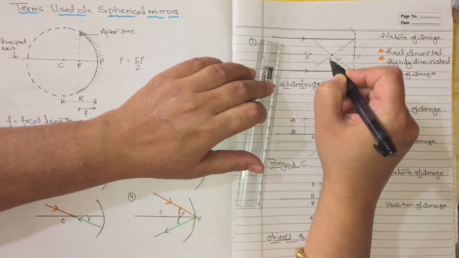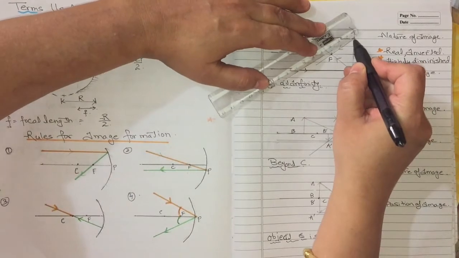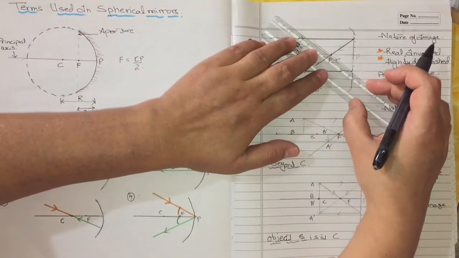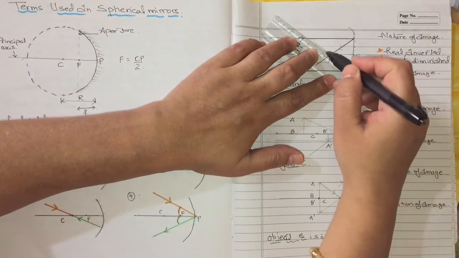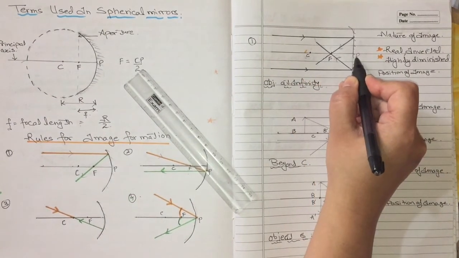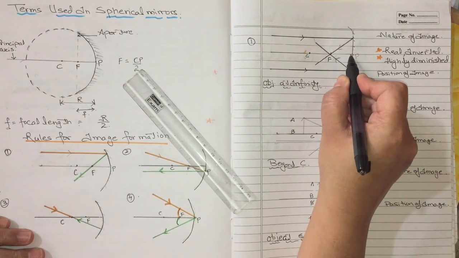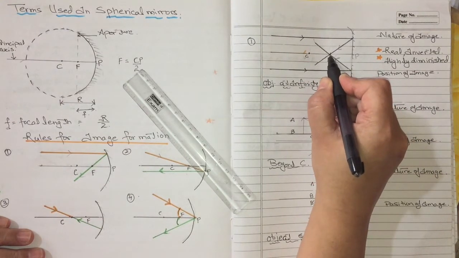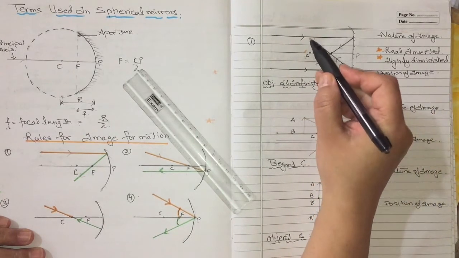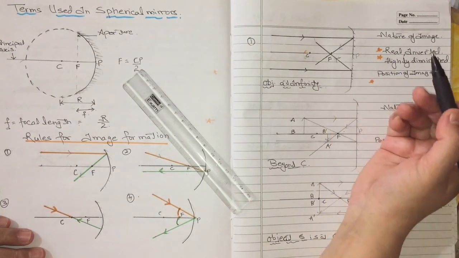This is my focus. I will advise you one thing, children. First you draw the diagram and then you mark or label the diagram. Okay, mark the different points on the diagram. Clear? So this is center of curvature, focus and P. What I have taken here, C and P is 4 centimeter and focus is at 2 centimeter. And I have taken the length of an object as 1.5 centimeter. If you want to take like this, you can do.